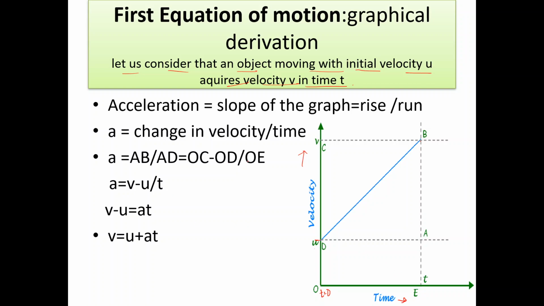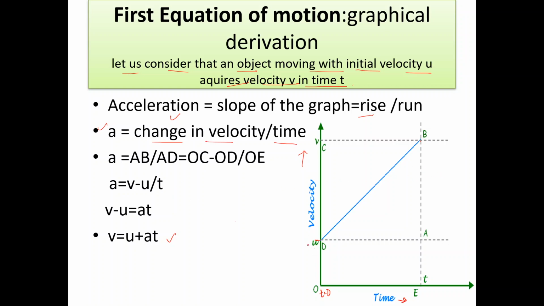Followed? Now here you have to find out the first equation, v is equal to u plus at. Followed? And you know what is acceleration? Acceleration is the slope of the graph. Acceleration is given by slope of the graph, that is BD. It can be calculated by, what is BD? Rise upon run, that's the time is running. Follow? So this acceleration, you all know the formula. Acceleration is change in velocity upon time.